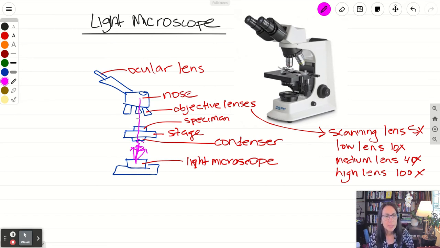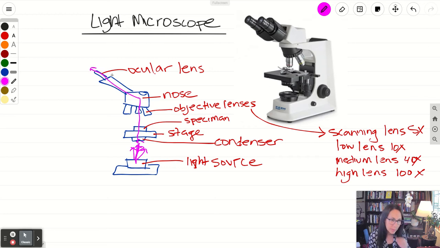So the light is going to go from the light source. Actually, this is supposed to say light source. Sorry, I have to erase this. Not light microscope. This is a light source. So it's going to go from the light source, and then it's going to go through the condenser, through the stage, through the specimen, into the objective lens, whichever one you choose. It's going to bounce off the mirror that's in the nose, and it's going to go through the ocular lens